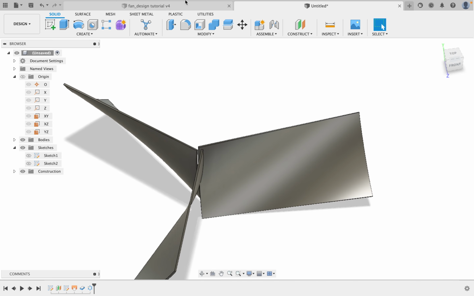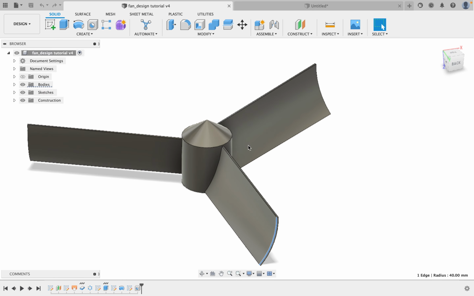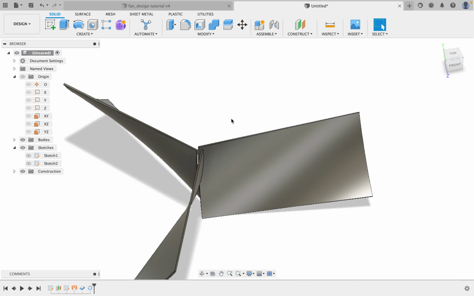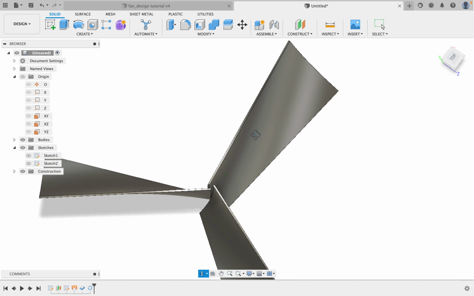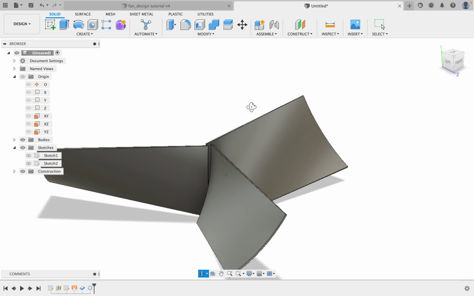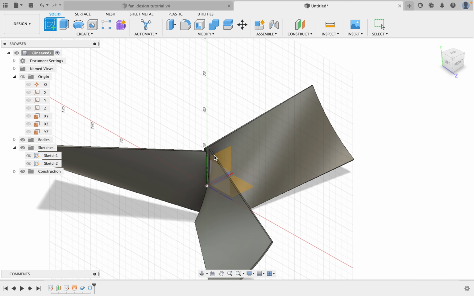We now want to make our hub. We have the 3 blades, and now we want to make the hub, the central hub where the blades will all be coming out from. So back to our design. Again, once we're done with the 3D, we can go back to a 2D sketch to be able to create a hub. Now we're going to use the create sketch command, and this time around I want us to create